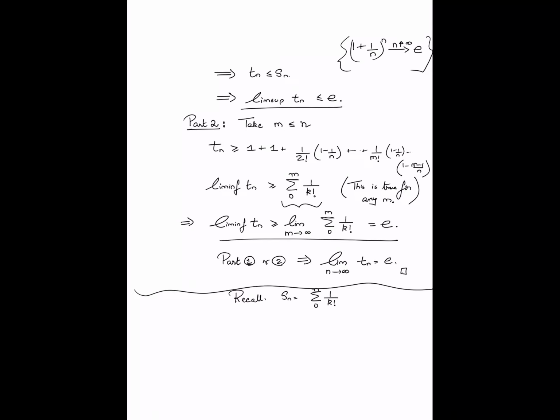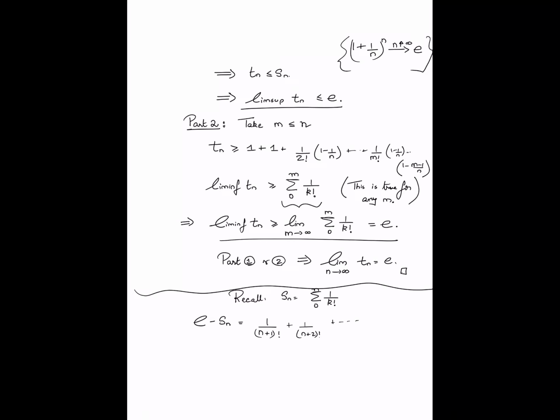Turns out you can actually bound this thing quite explicitly. So e minus Sn, I want to understand how large this is. Because after all, remember, it's a non-negative series. So Sn is always going to be an underestimation of e. So I want to know how large is e minus Sn. Okay, so e minus Sn is in fact 1 by n plus 1 factorial plus 1 by n plus 2 factorial all the way. So e minus Sn itself is a certain series which I've just written here.